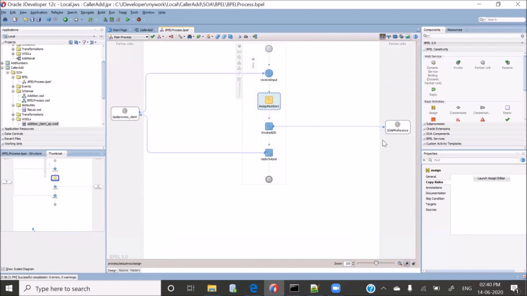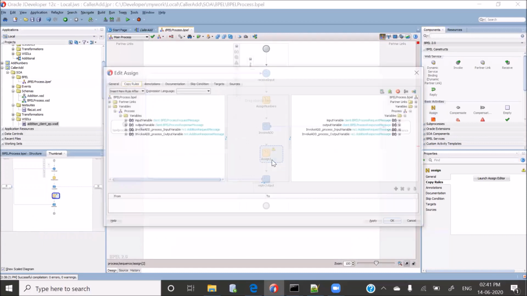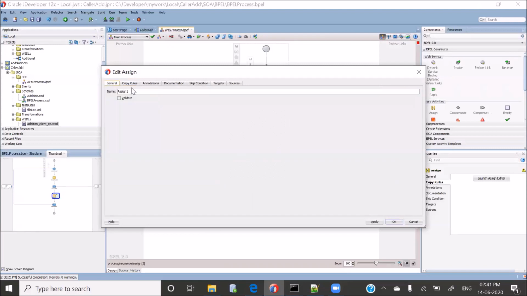From this particular composite, we will get the response, basically the addition of these two numbers. That response we want to receive from this composite and assign to the output of this particular composite. So let's go to assign, give it a name, let's say, response.